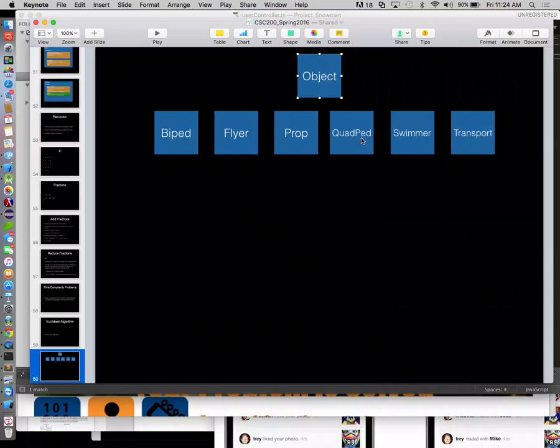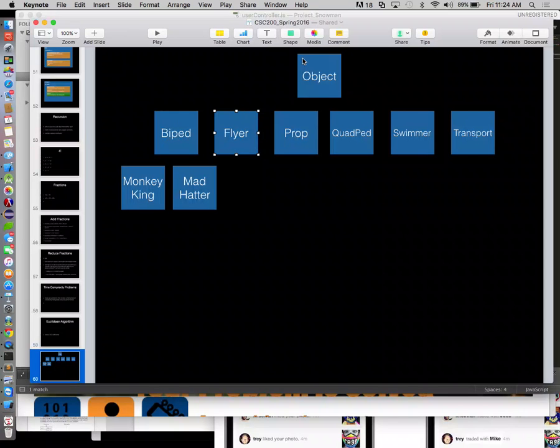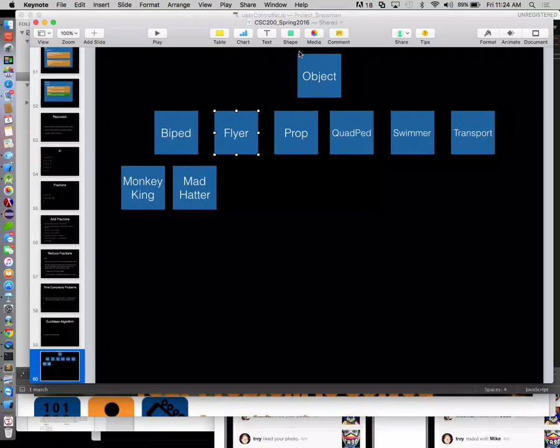So we have our object, we have all these things, and then underneath biped we have a monkey king, and we also have a Mad Hatter. All right, so monkey kings and Mad Hatters are bipeds, which are objects. Okay, flyers are objects, props are objects, quadrupeds are objects, swimmers are objects, transports are objects,